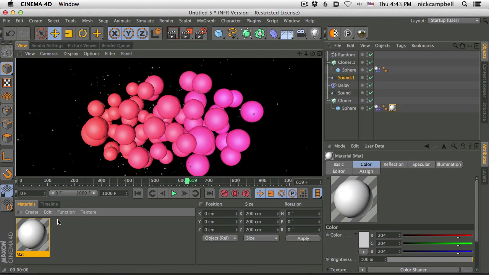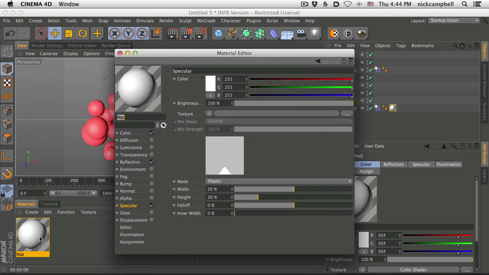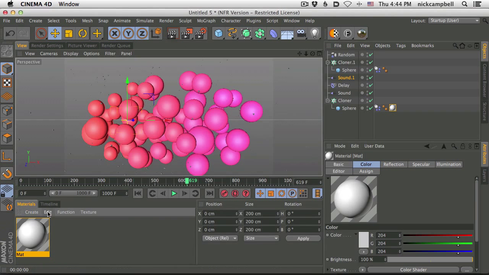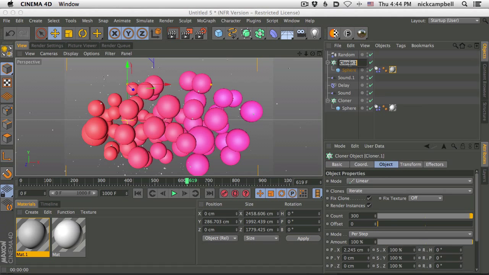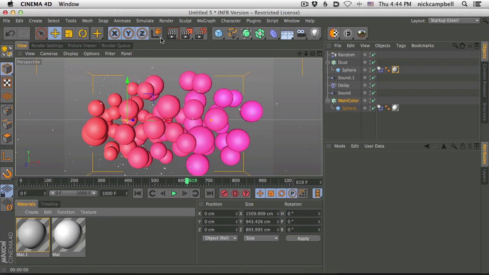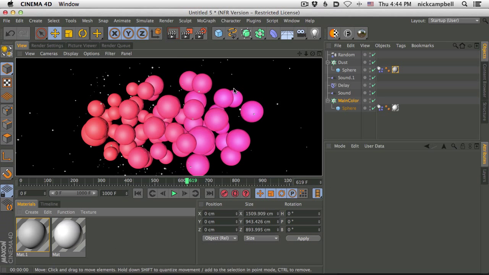I'm going to give you a break, specular. Don't disappoint me. Let's grab a new material and add it to our dust sphere. This is this system here, and you can name it. If you have a lot of time on your hands, you can say dust. And you can click on this and say main color. There you go. Everyone's happy now. And then you hit render, and you got your dust, you got your particles.